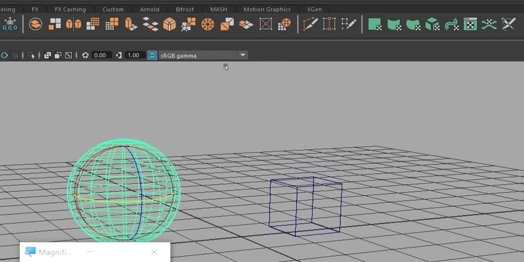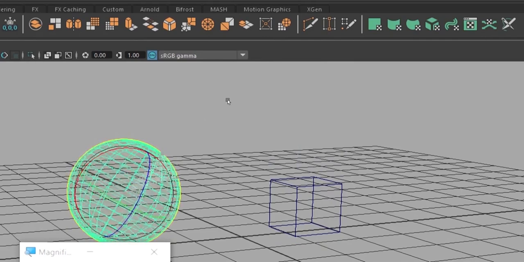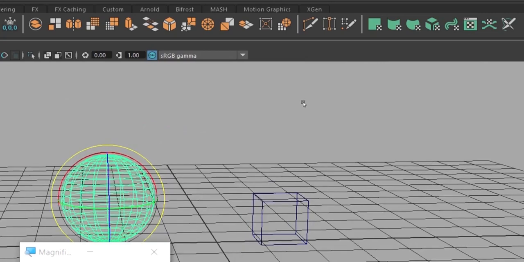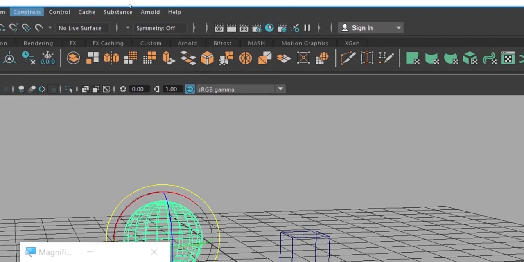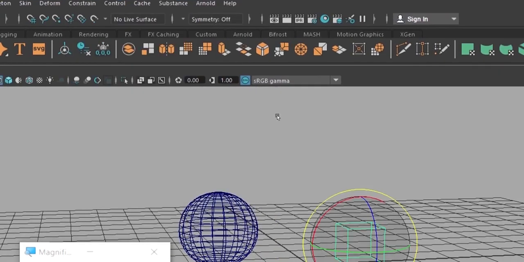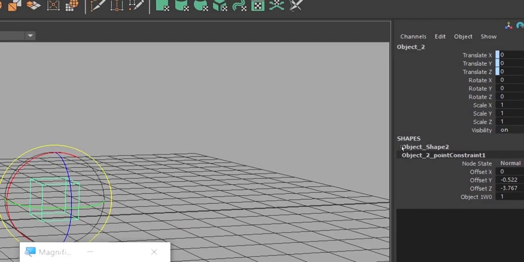The child also will move. But if I rotate, okay, the child will not respond. So this is the purpose of point constraint.